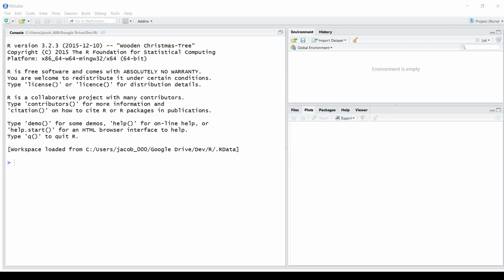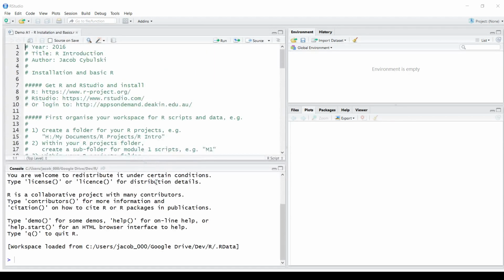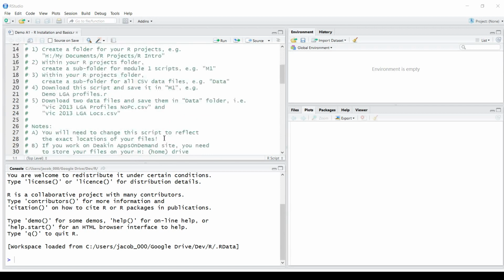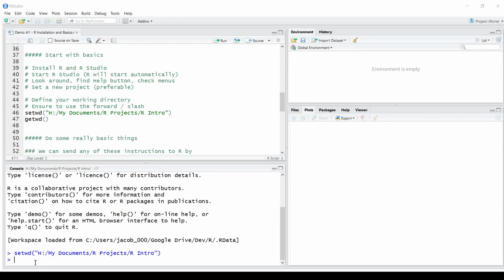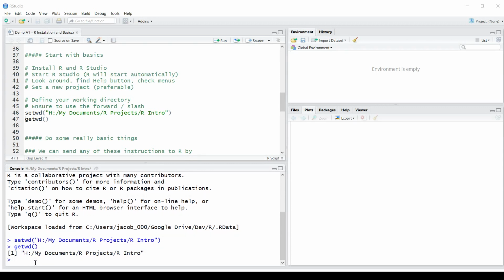Now, the way you work with it is that you organize a folder on your computer with the program sources and with data. I'm going to do it by first opening one of those sources, which I have already prepared. And I'm going to tell R where is my folder. So I set working directory, I give a path, and I'm going to send this command from my source, this is the editor of the R sources, to the console. This is where R is executing its commands. And I do that by pressing Control Enter. I could have simply typed it all in, so the next command I'm going to type in is get working directory,